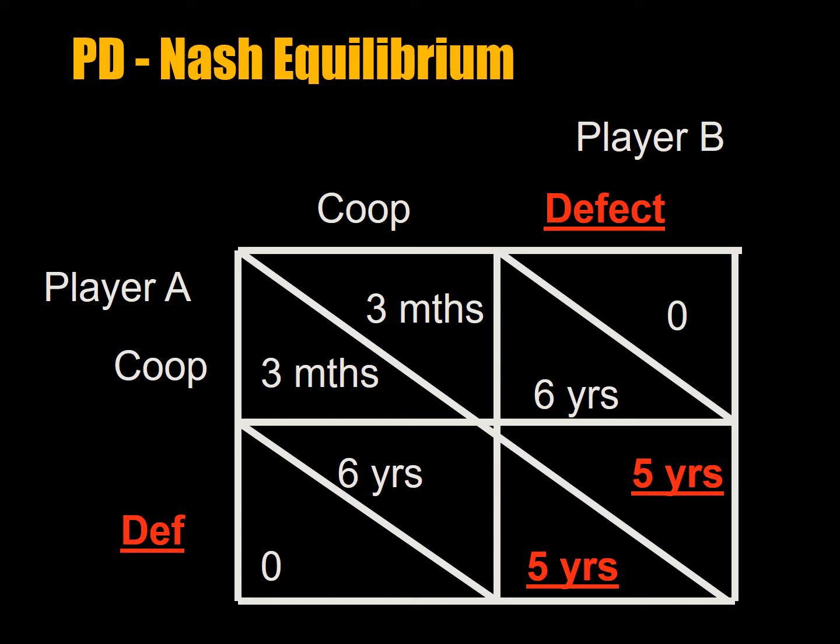They want to minimize the time in jail. So player A and player B are not going to change their choices. Therefore, we have a Nash equilibrium. So you're going to have the outcome of both player A and player B going to jail for 5 years